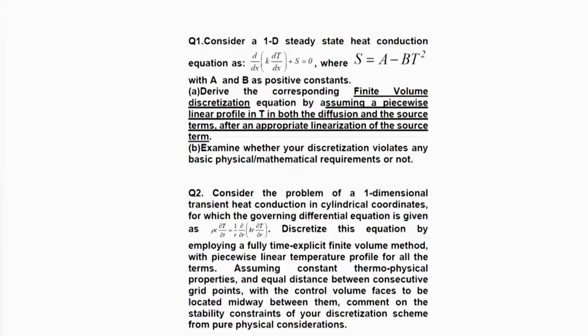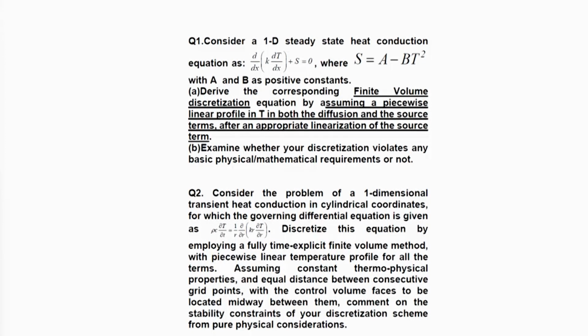You derive the finite volume discretization by assuming a piecewise linear profile in the temperature in both the diffusion means the conduction term, which we have done exactly the same, and also in the source term that we have not done,